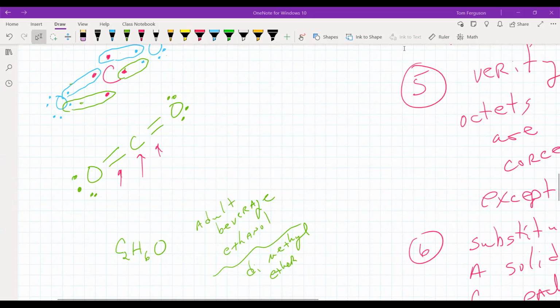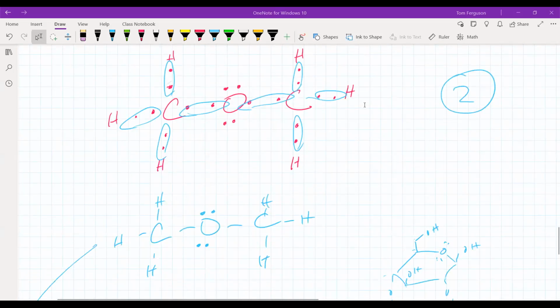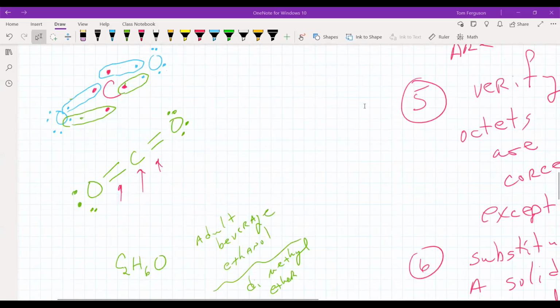Okay, so I'm going to stop sharing this. One last time, any questions on this? Now, this is important to practice. I'm going to show you in a minute how you can practice this. So how do you practice Lewis structures more? If you go to,